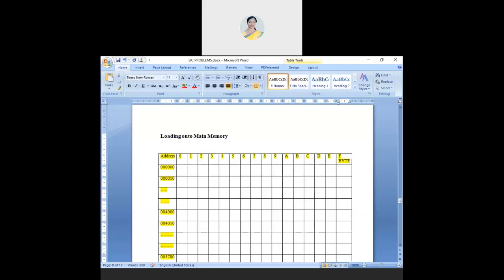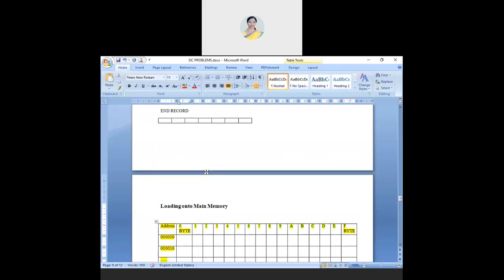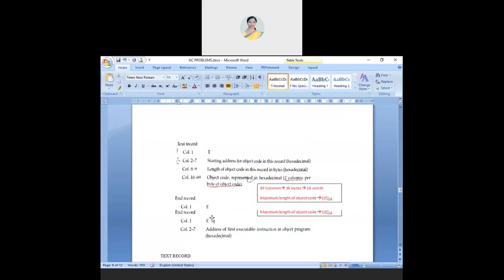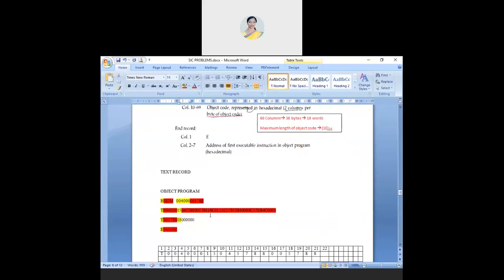Now here, your loader will be looking at the object program.